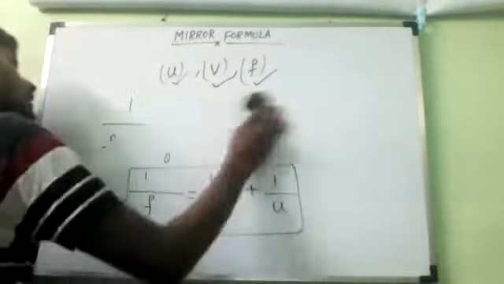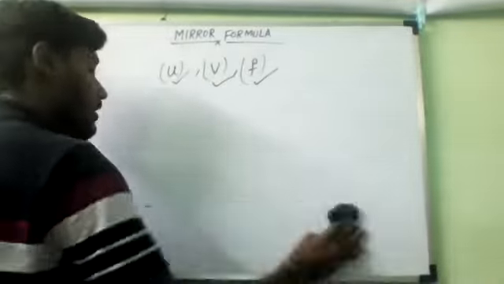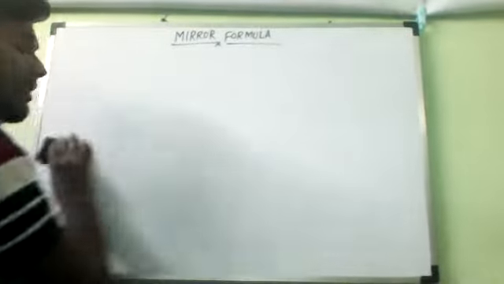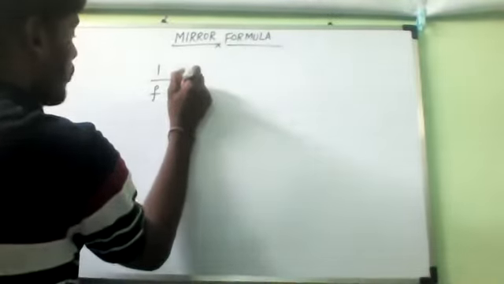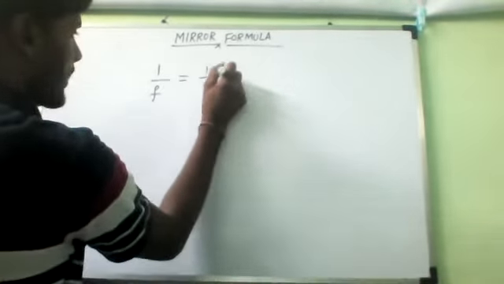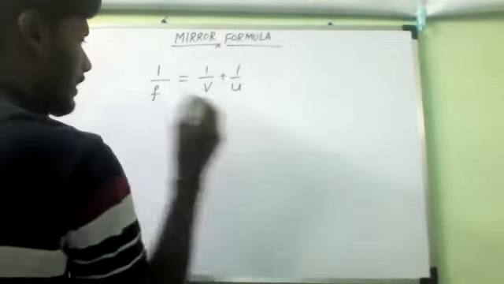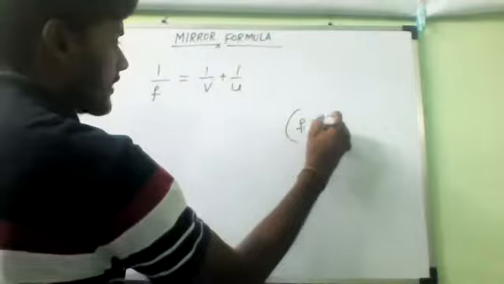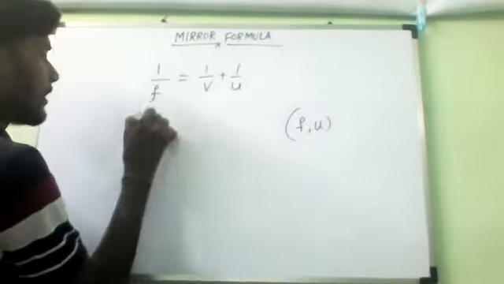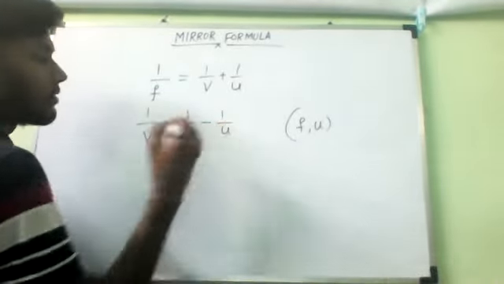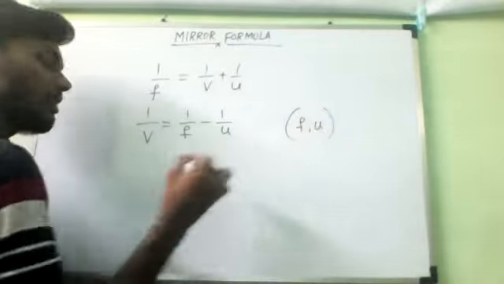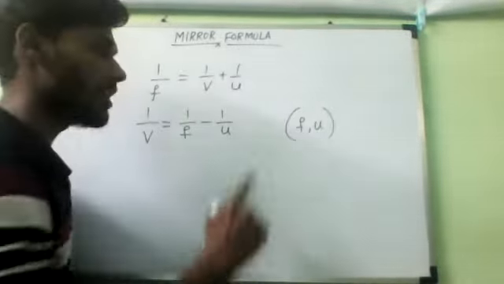Yes, sir. Now from this, another 2 more formulas. Communication is most important from now onwards. Tell me what 2 more formulas. Suppose, sir, 1 by u is equal to 1 by f minus 1 by v. You have given focal length and image distance. We know 1 by f is equal to 1 by v plus 1 by u. So when they have given focal length and object distance, 1 by v is equal to 1 by f minus 1 by u. Use this formula when they have given focal length and object distance. That is what they should remember.